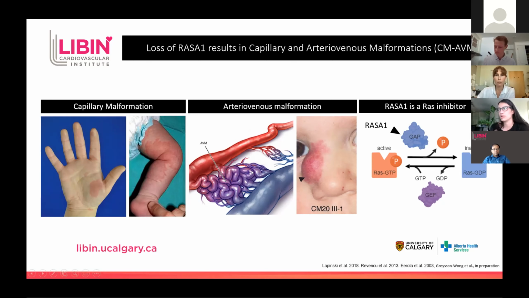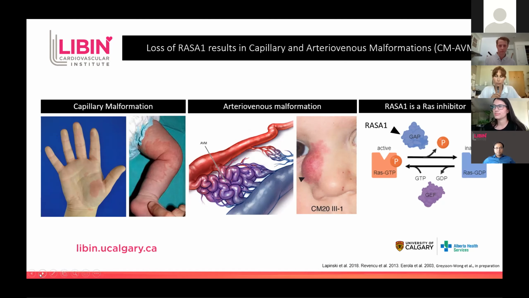So we have these two presentations, and we know that this disease is caused by RASA1, but we don't know what the role of RASA1 is in blood vessel development. The only thing we know about RASA1 is that it's a RAS inhibitor, so it functions by binding RAS proteins and forcing them to hydrolyze their own phosphate group, turning them into their inactive RAS GDP-bound form. So we need to investigate the role of RASA1 in CM-AVM, and we've decided to do this using zebrafish